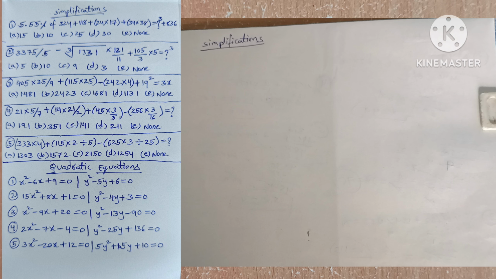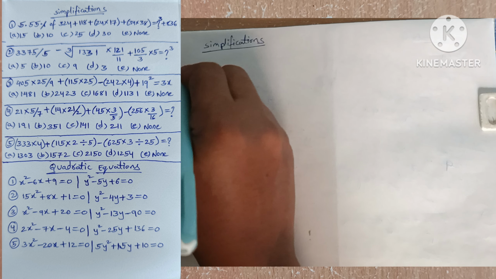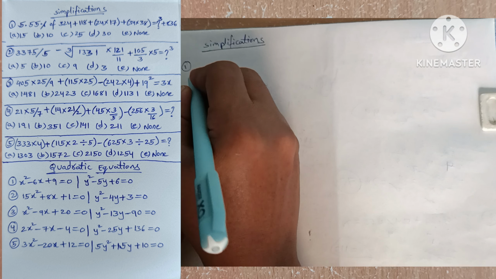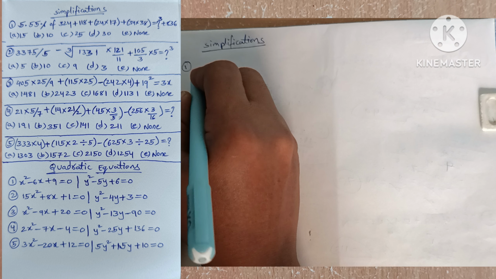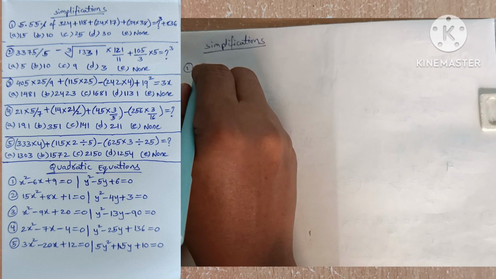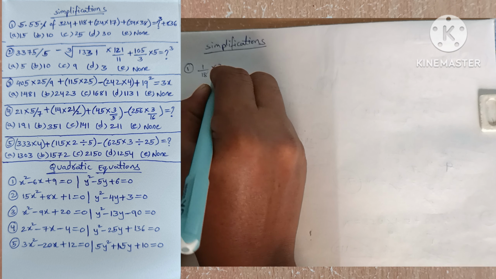Today we are going to do our to-do list day 26 score booster topics: simplifications. Question number 1. 5.55% of 324. 5.55% means 1 by 18 of 324